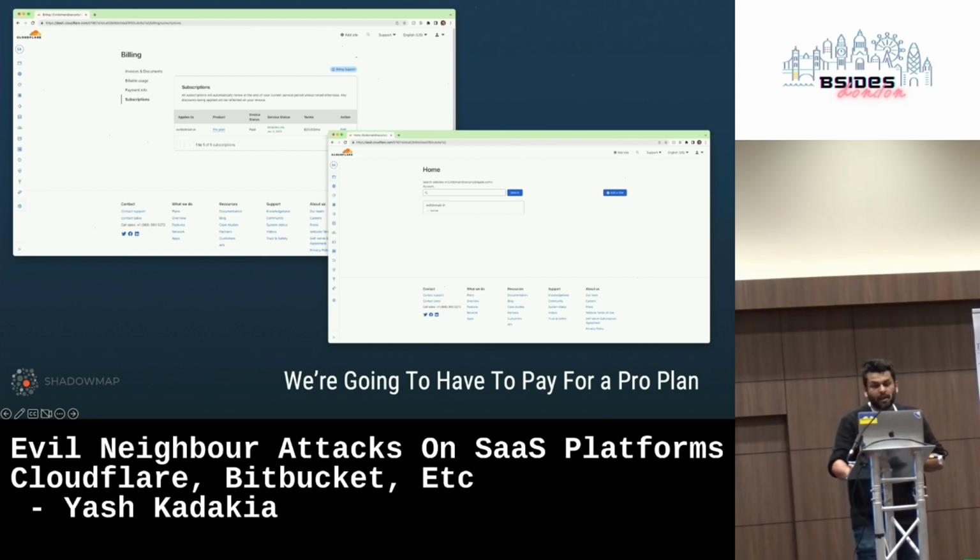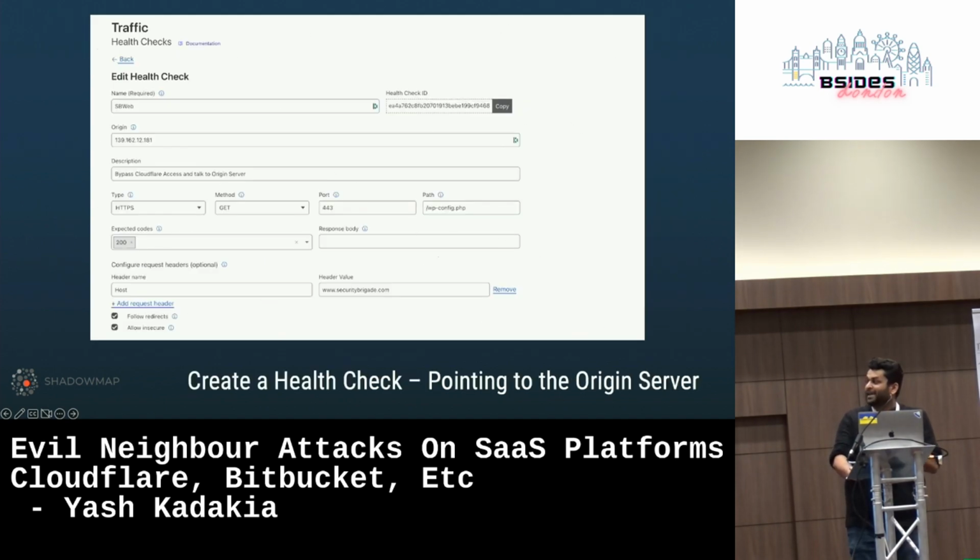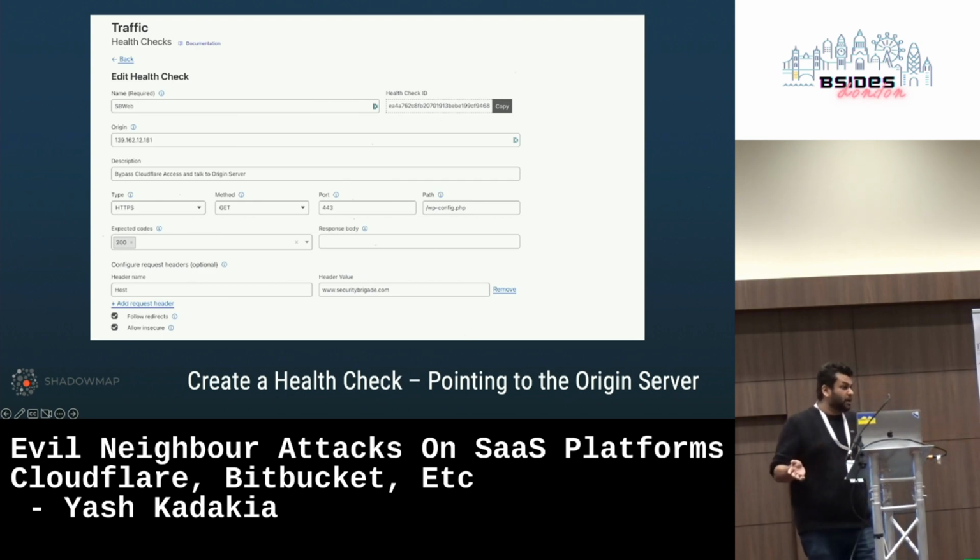Once you buy Cloudflare Pro, you have something called health checks. Cloudflare gives you the ability to start pinging the servers at a regular frequency to see if they're online, if they're working fine, if there's any sort of downtime, you can trigger the load balancer, and so on, right? What was really interesting, and we actually used this as part of our red teams, was you could create a health check for pretty much any website in the world. It doesn't restrict it to your particular scope or set of domains in your account. Ideally, it should restrict me to evildomain.in, which is the domain linked to the account.